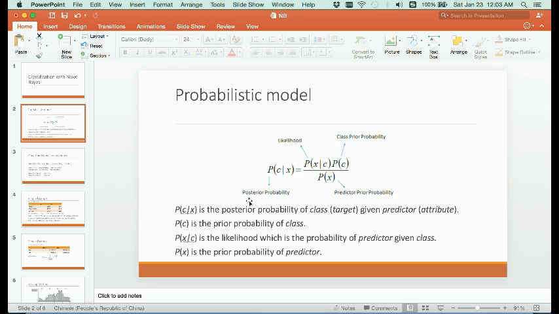Naive Bayes model is based on this probabilistic model. We want to calculate this posterior probability. It is the probability of a certain level of class of your target variable given the predictor, and it equals the likelihood. Likelihood is the probability of your predictor given the class level, times the class prior probability P(C). For example, if your target variable has two levels, yes or no, we can replace all this C by yes. So P(yes) equals